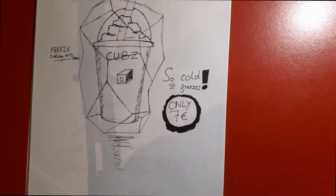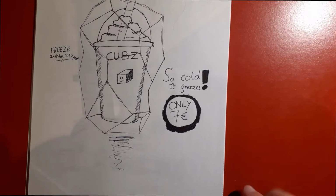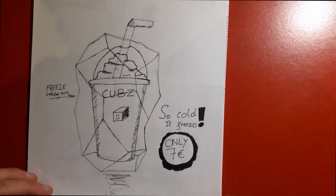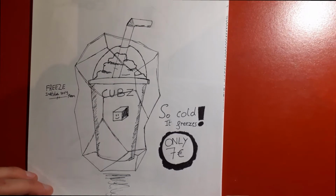The next one is from day 4, which is freeze. And I really didn't know how to do this one. I think you can just about see everything. Let me just fold this over a little bit and hold it like that. Yeah, that's the full picture you get there. I didn't really know how to work on this one, so I just started with a slushy kind of deal and just put it in an ice cube, and one thing led to another,